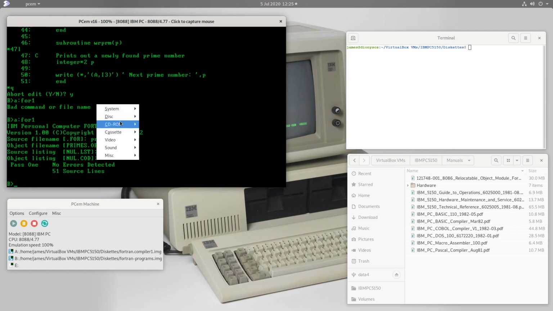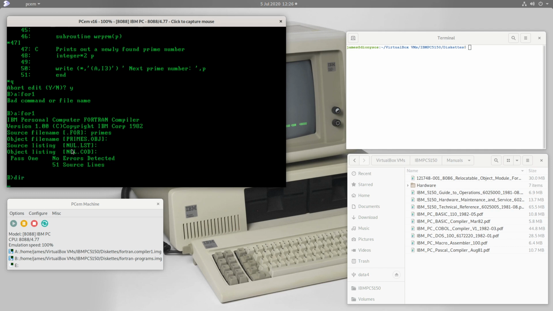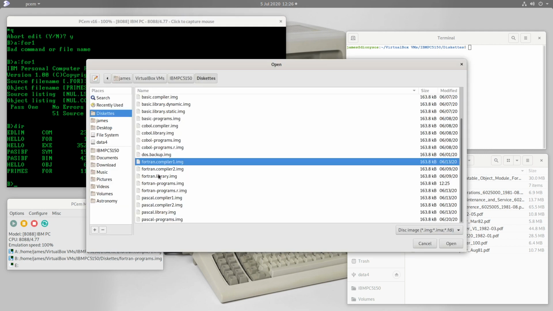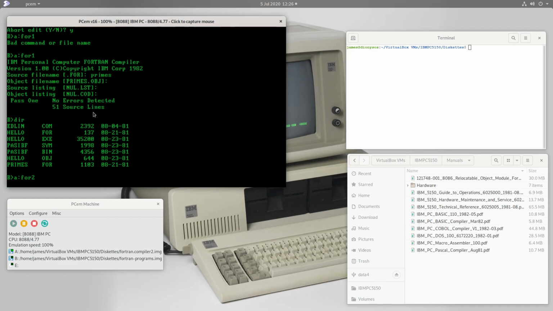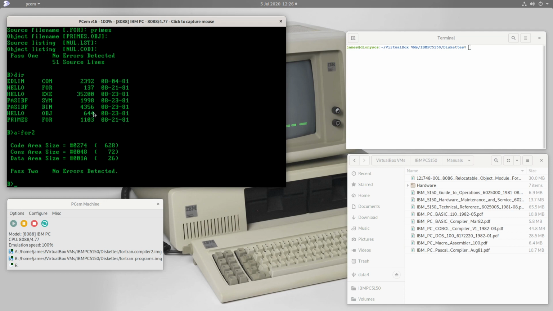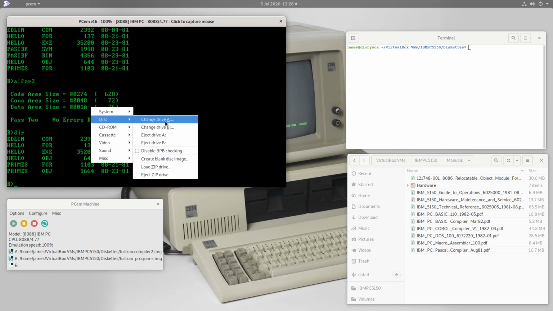We need to now run the second pass compiler on these intermediary files. Let me just show them quickly. So once again, it's created these intermediary files. So here's the second pass compiler, and now let's run that. All right, so that has now produced a primes object file, and so again we need to link that